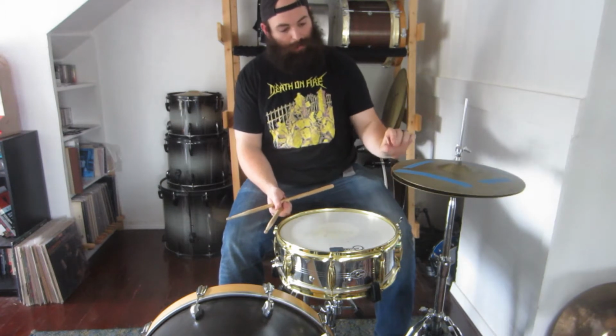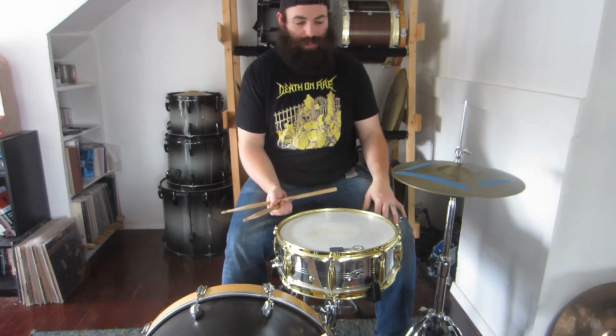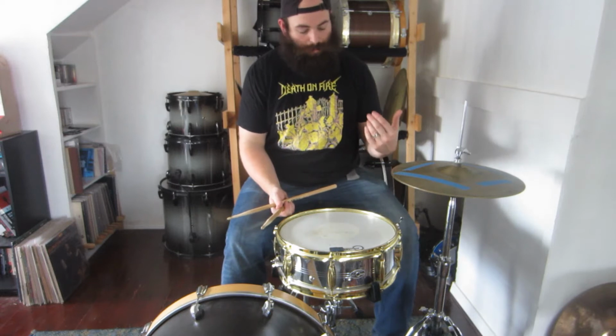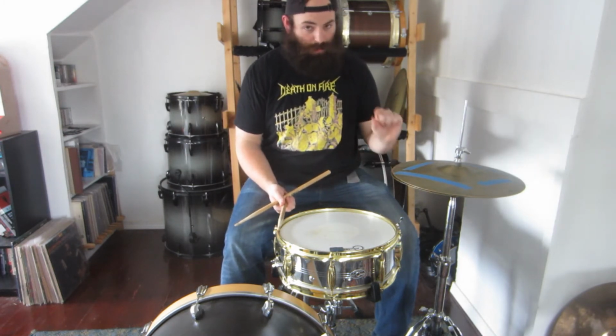So you control how far apart these two cymbals are with your left foot. You can roll back on the heel or you can kind of bring it up. It's your choice and you're gonna find something that's comfortable for you. The main thing I want you to think about is how far you're opening it. You can adjust that depending on how aggressive you're trying to get, but ultimately you want both cymbals to be